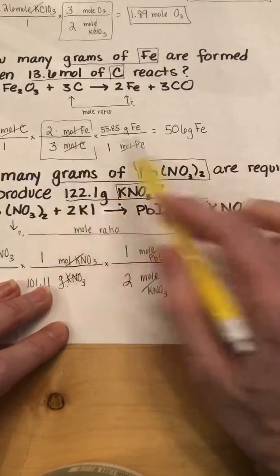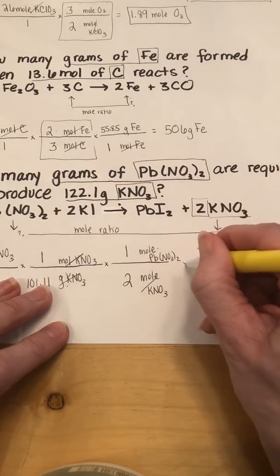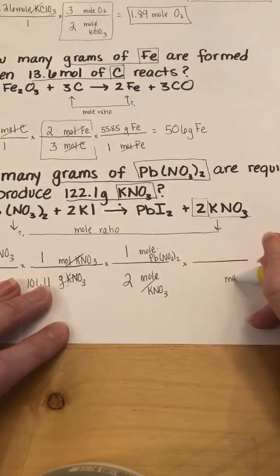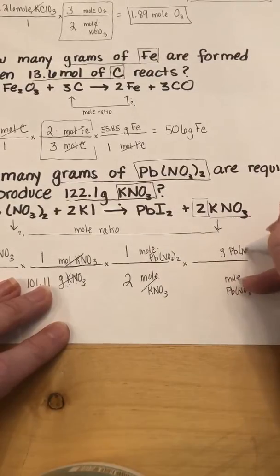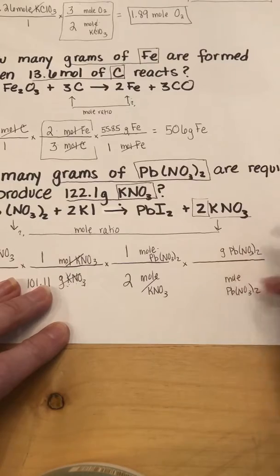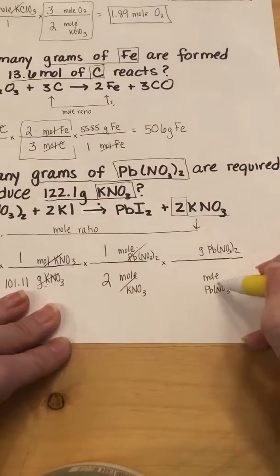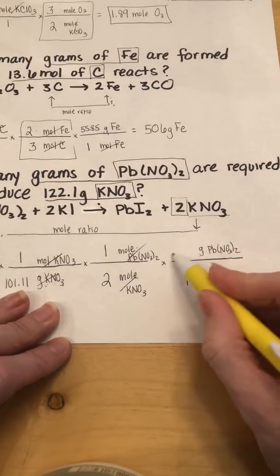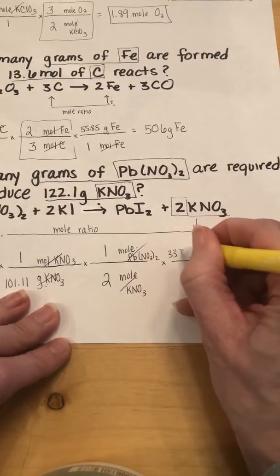Now, the last part of this question doesn't want to know how many moles of lead nitrate, it wants to know how many grams of lead nitrate. So I'm going to have one last step where I'm going to take my moles of lead nitrate and convert it to grams of lead nitrate. And now I can just go back to how I'm used to doing conversions, back to how we did them in Unit 2. So outside of the mole ratio, your number of moles always gets a 1. The grams is going to be the masses of all of those elements added up. So if you do that, you should get